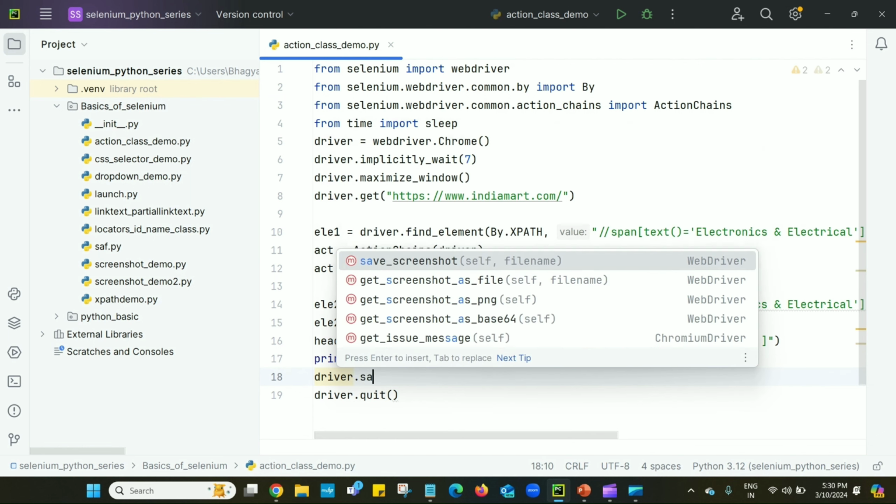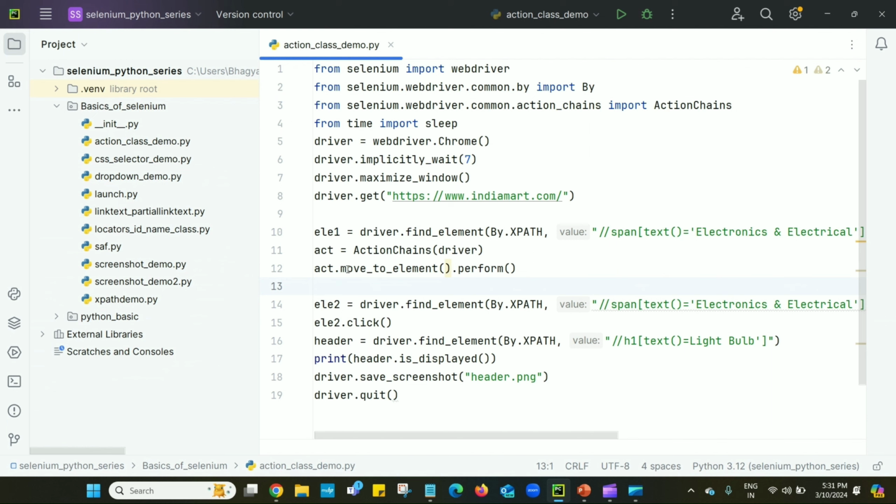I will take one more screenshot after hovering on this electronics and electrical link. So after this ACT.move_to_element and perform, I will take a screenshot, driver.save_screenshot. Here I will give the name as hover_action.png.